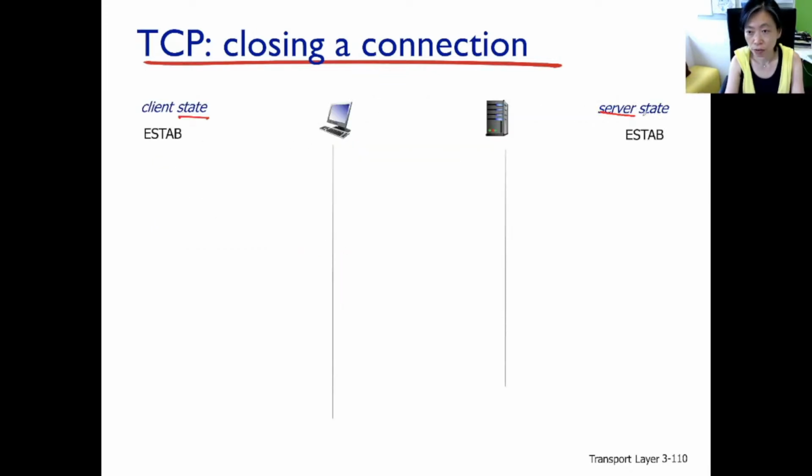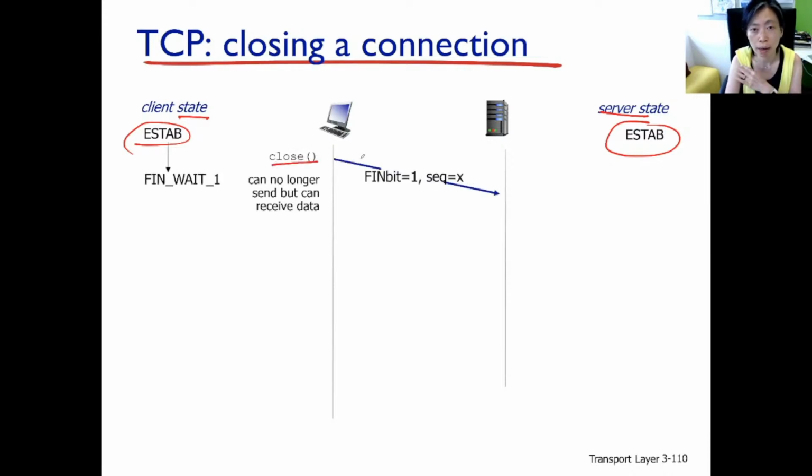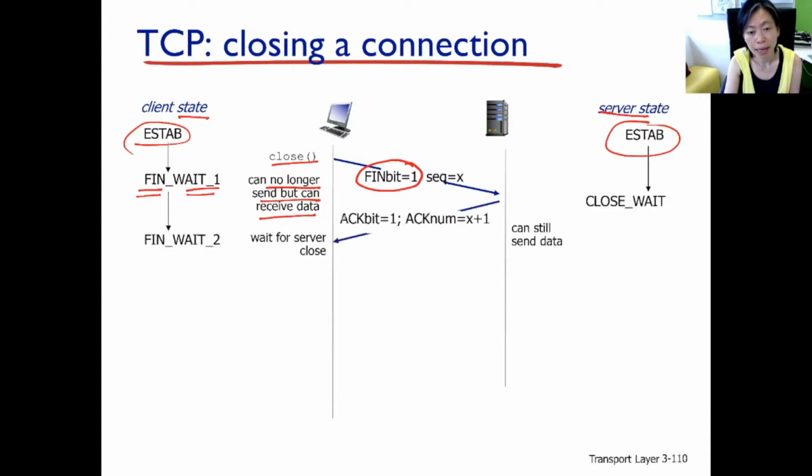So the client and the server are both exchanging data. And finally, the client here says, okay, I've finished sending all my data requests, so I'm ready to close. Then it's going to enter the state where it can no longer send but can still receive data. That is called the FIN wait state: it sends FIN, and now waits for the rest of the data to come in. So you see here, the FIN packet is the packet with the FIN bit on. The server here, receiving the FIN packet, sends back an ACK, so the ACK bit is on, and it ACKs the sequence number.